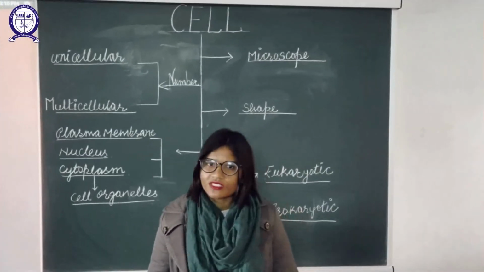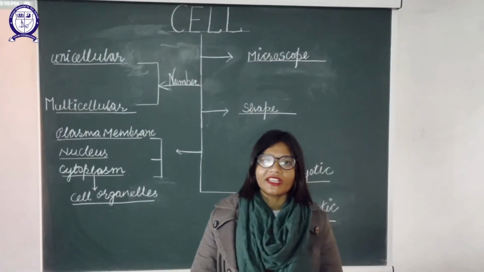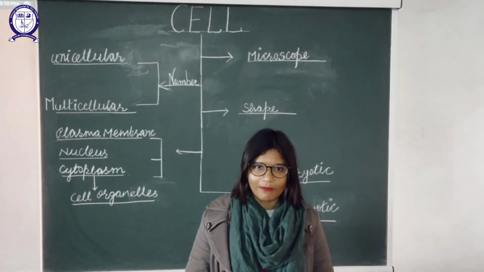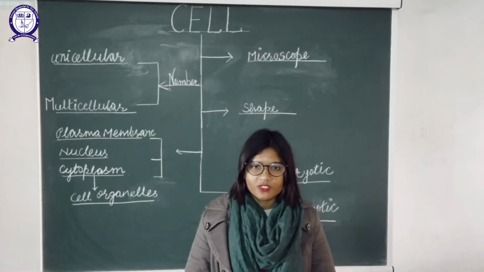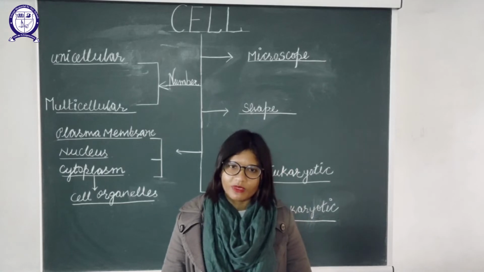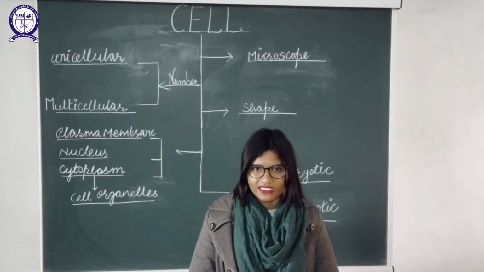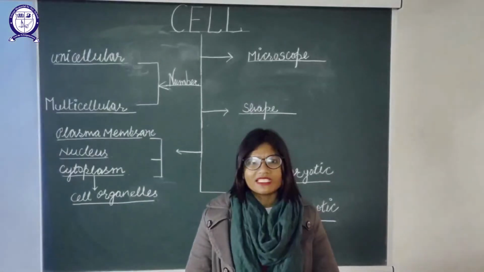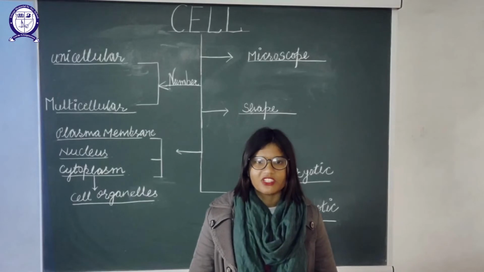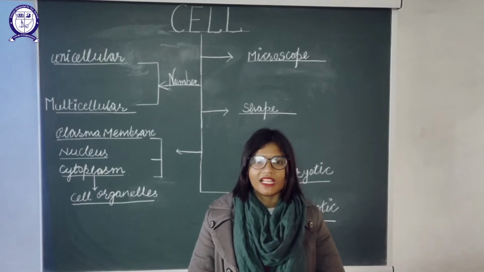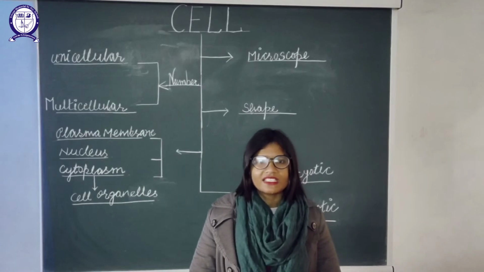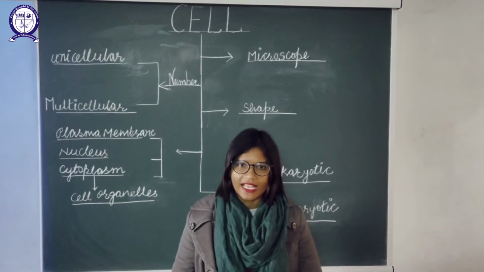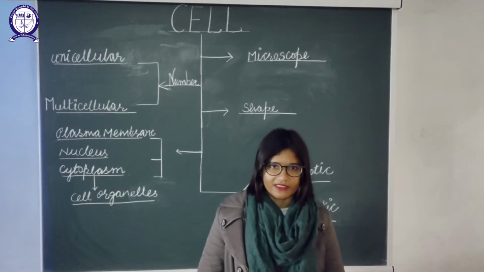There are a few cell organelles which are different in different kinds of cells. For example, in the case of a plant cell, cytoplasm is present, cell wall is present, and other than that plastids are present, which are absent in an animal cell. And if we talk about the animal cell, a few organelles are there which are absent in a plant cell. For example, lysosomes are present in the animal cell, and other than that the cytoskeleton is also present in animal cells, which is absent in plant cells, okay.